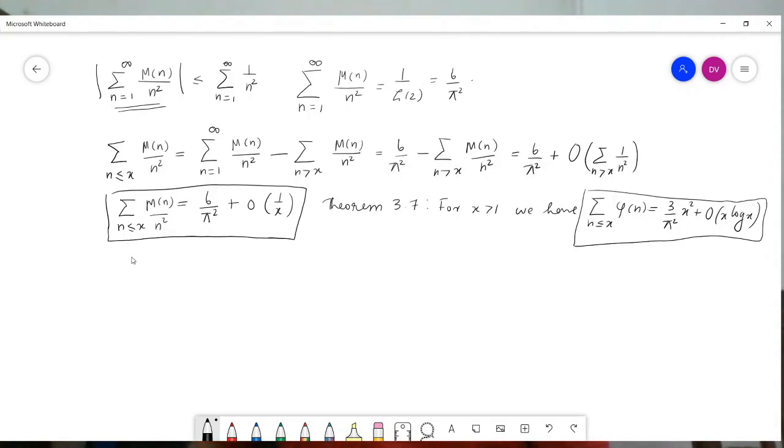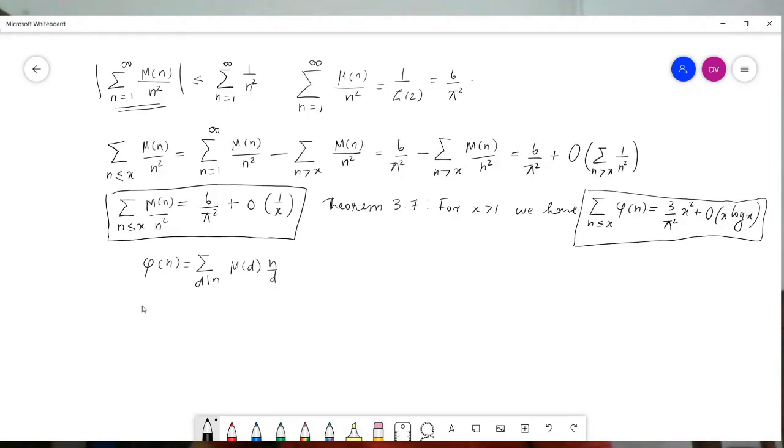Okay, we start the proof like this. That is nothing but the relation between phi and mu. So this relation: phi of n equals summation d divides n of mu of d times n by d. This is the relation between phi and mu, that is what we have proved in the starting sessions of chapter 2.